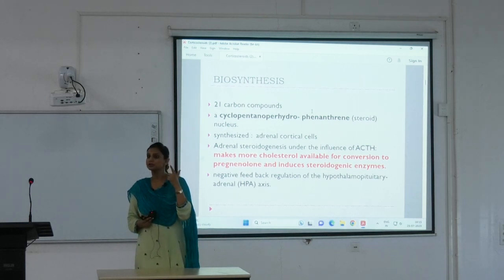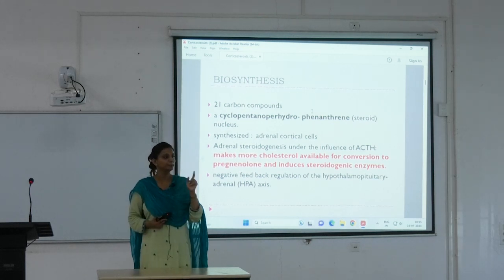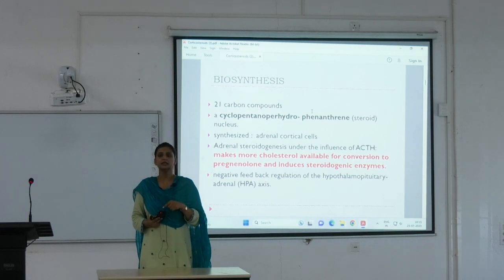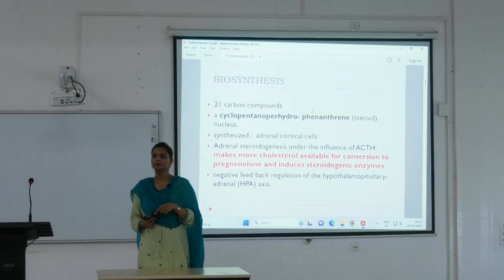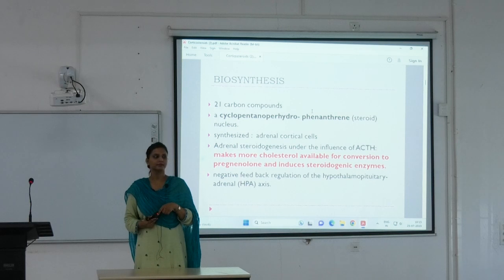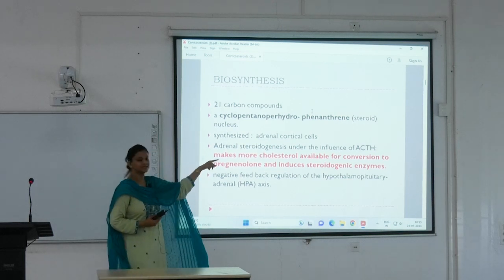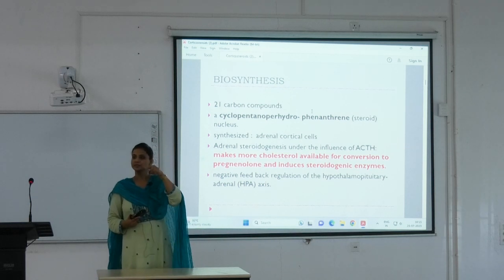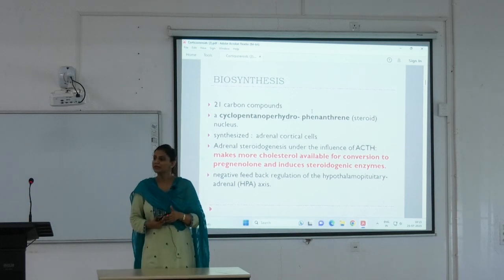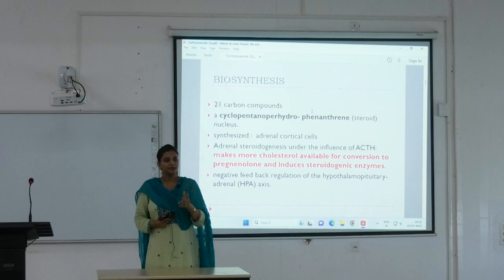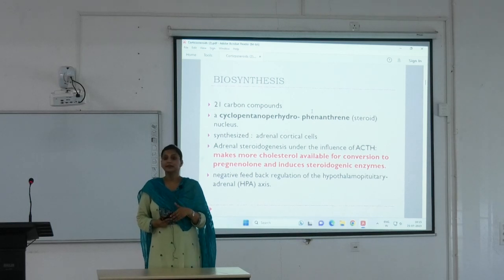But the outermost layer that secretes the mineralocorticoid, that is under control of anyone? No. HPA is this one, ACTH, hypothalamus, pituitary, and then coming to the gland. The mineralocorticoid is under the renin-angiotensin system, RAS system,